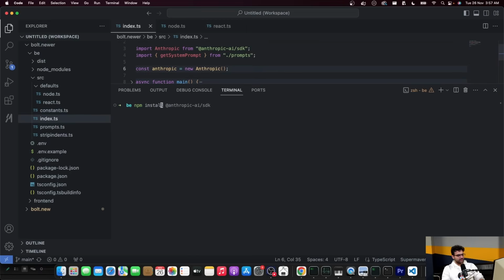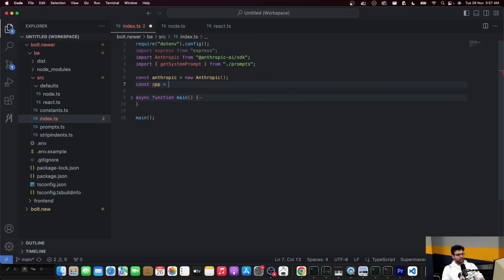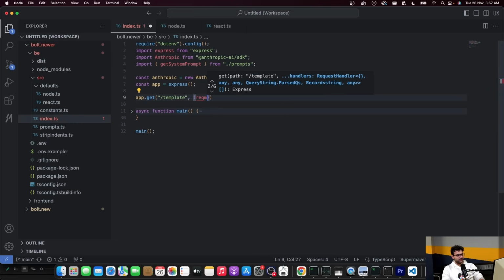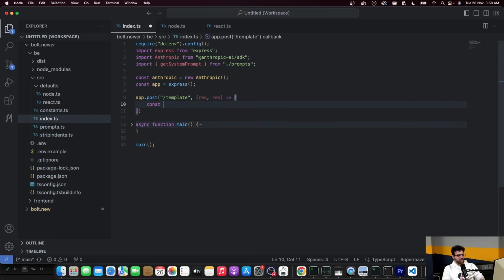Let me install Express and create a quick HTTP server here. const app equal to express. app.get/template, which means give me the template given this prompt. Probably let's do a post so we can just access it in the body. Const prompt equal to req.body.prompt,